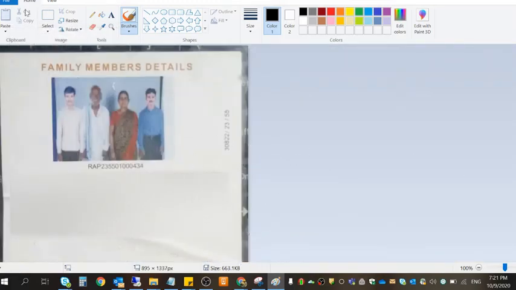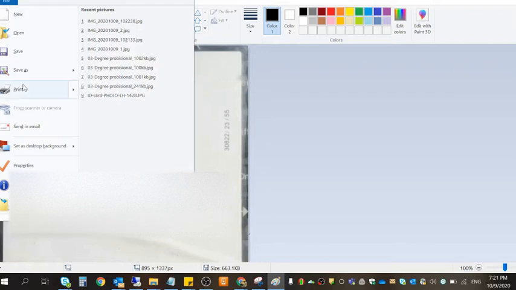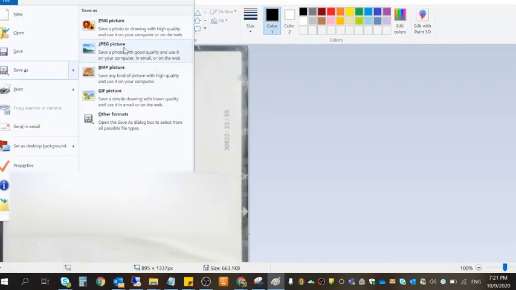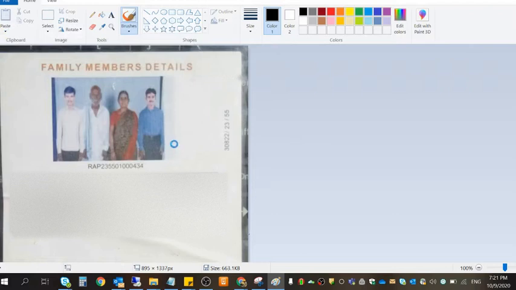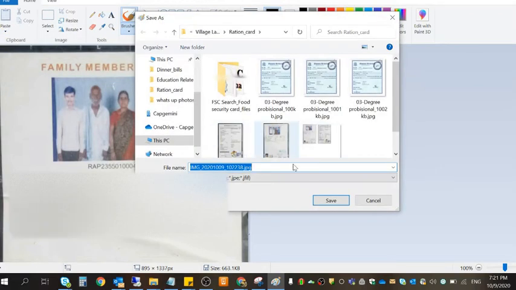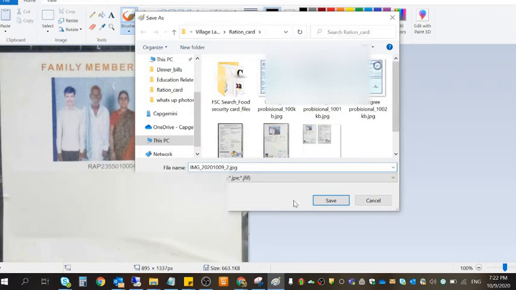Now always do Save As, don't save directly. If you lose the original image, you may not get it back, that is the problem. So make a copy. Just give underscore 2 here and save.